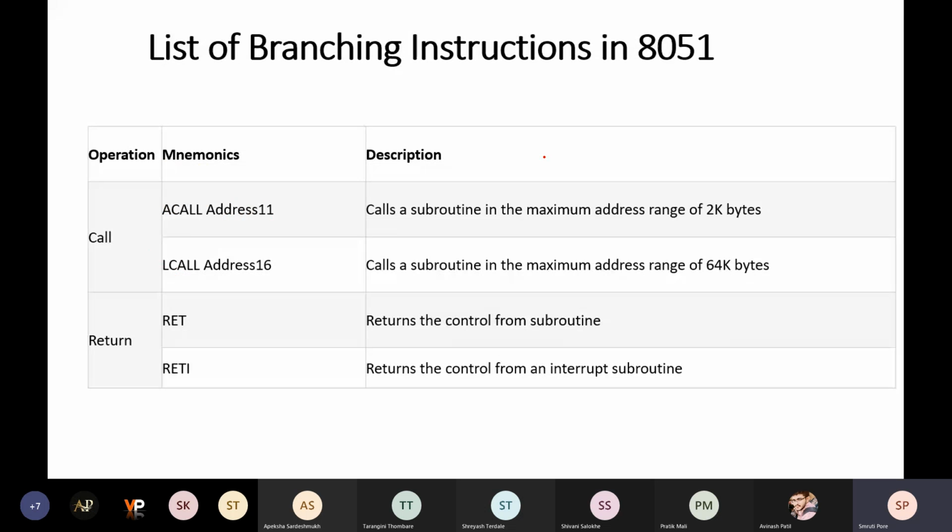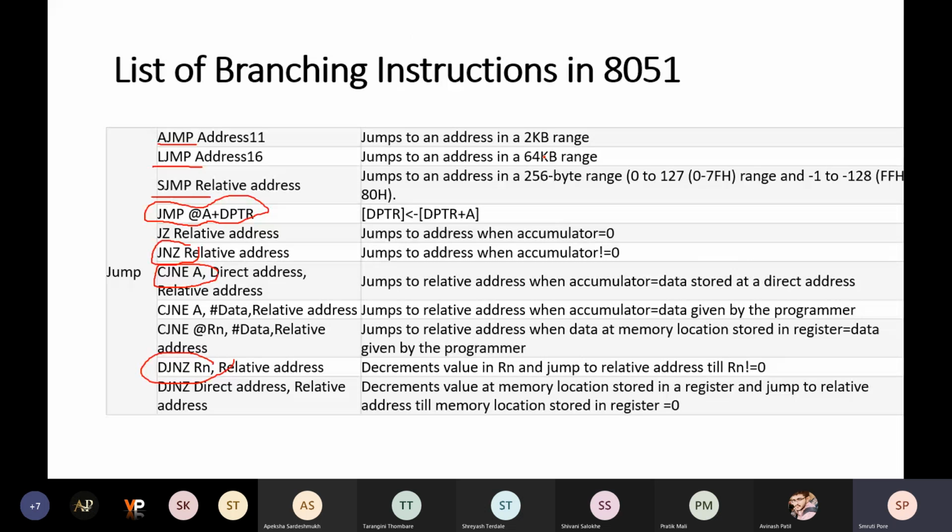It is like executing a function in your program, whereas jump is a separate part which has lots of variations and is used frequently in 8051 programming. Those are used for calculating delays, for loop operations, or repetition of the code. For looping, you are using the branch instructions.